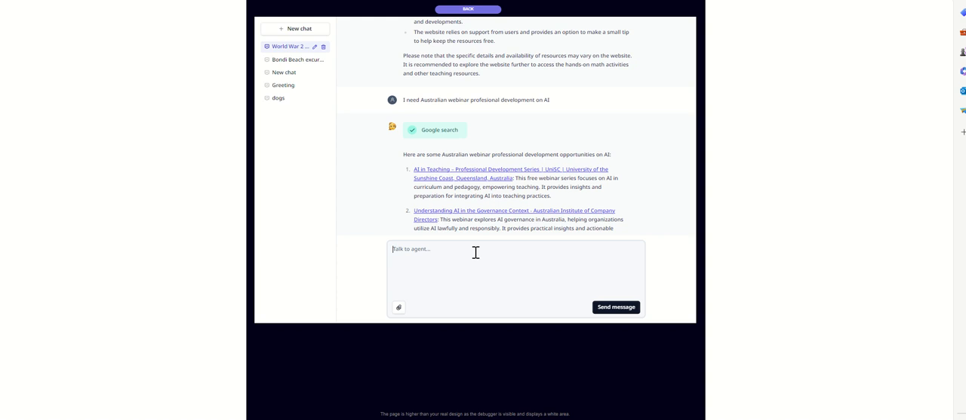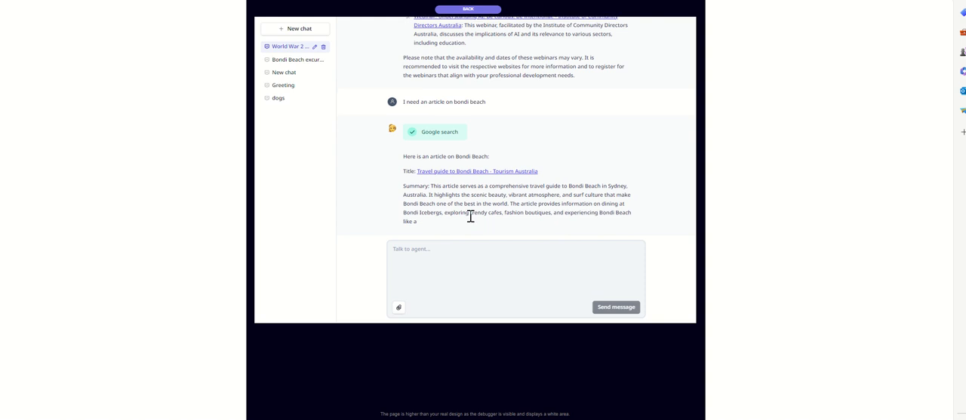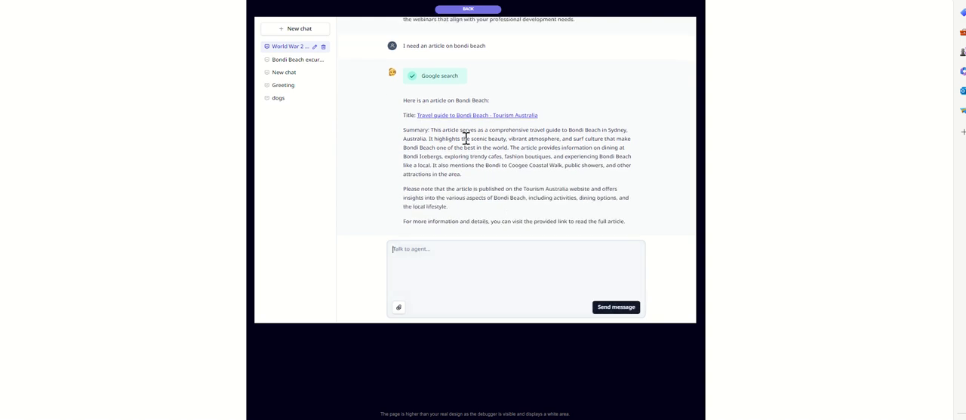So just like those articles before, I need an article on Bondi Beach. I did this one before in a different chat. The same thing, it's going to search that and come up with one. So now here's a cool one, I'm going to scrape that information in the same platform and convert it into a 60-minute lesson plan